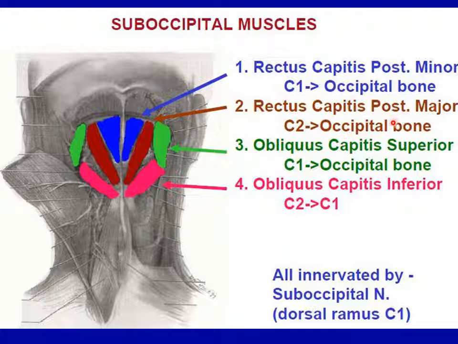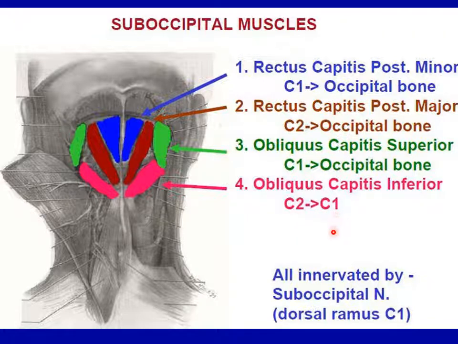Then rectus capitis posterior major, origin from the C2 vertebra, insertion into the occipital bone. Then we have obliquus capitis superior, arises from C1, insertion into the occipital bone. Then obliquus capitis inferior, origin is from the C2 vertebra and insertion into the transverse process of the atlas vertebra,